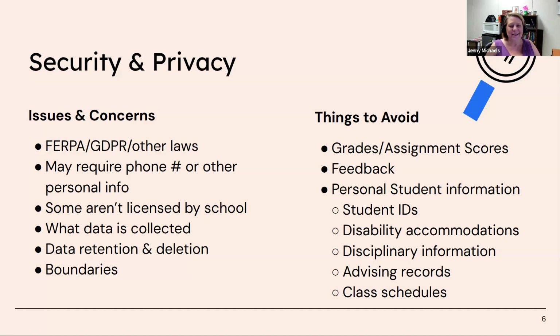So, again, I will throw boundaries in also, just to bring that up: students can get pretty informal in these chats. So you have to figure out what level of formality you are okay with, and how you want to handle that. Based on rules, issues, and concerns, here are things you should never put in one of these chats: anything related to a grade or an assignment score, any kind of feedback on something they've done, and any personal student information has no business being put into these apps by you, and encourage the students also. This is not the way to communicate this. It's something to think about.